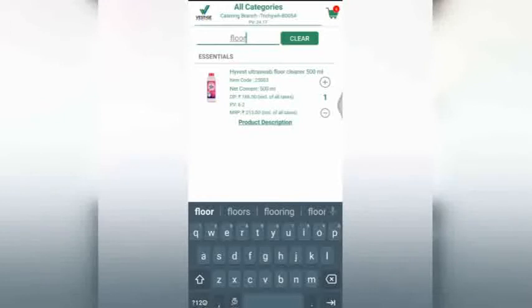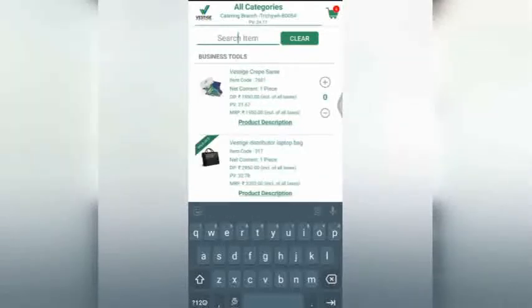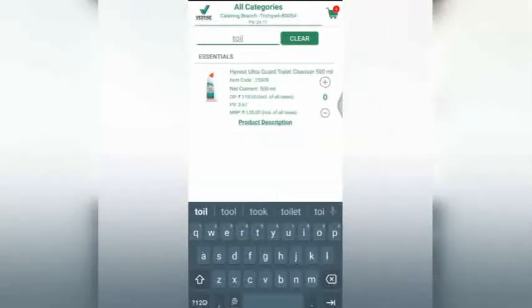So likewise it is added here, and you could see your PV points, how many PV points you have reached. You can check it here and you can see your cart amount. Now it still has not reached 30 PV, so I'm going to add some others. So toilet cleaner also I'm adding. Okay, I've added one toilet cleaner. Now my PV has increased to 27.